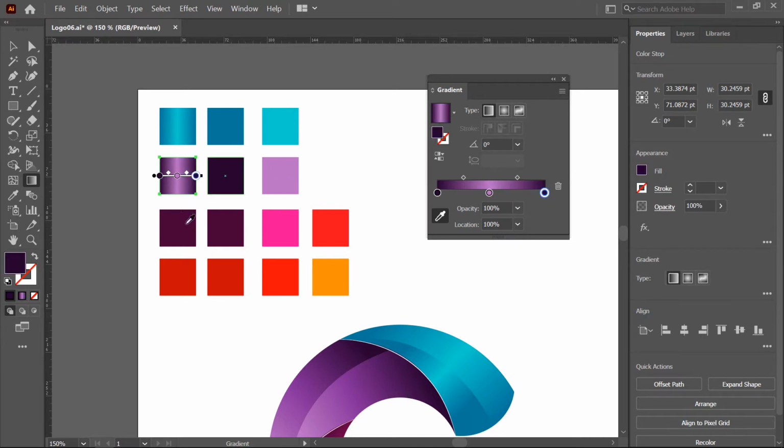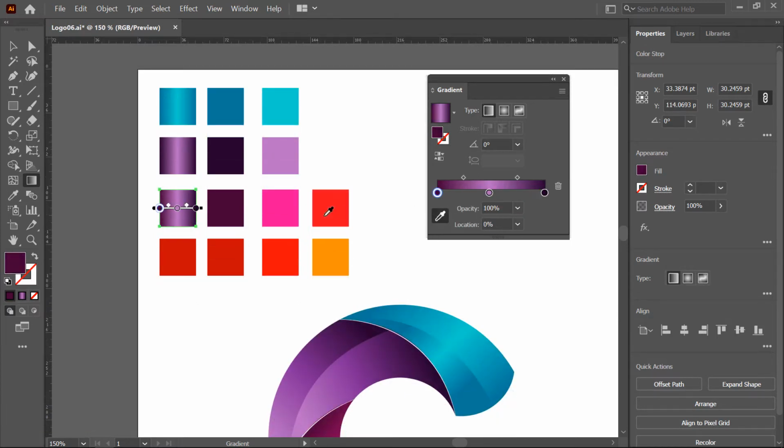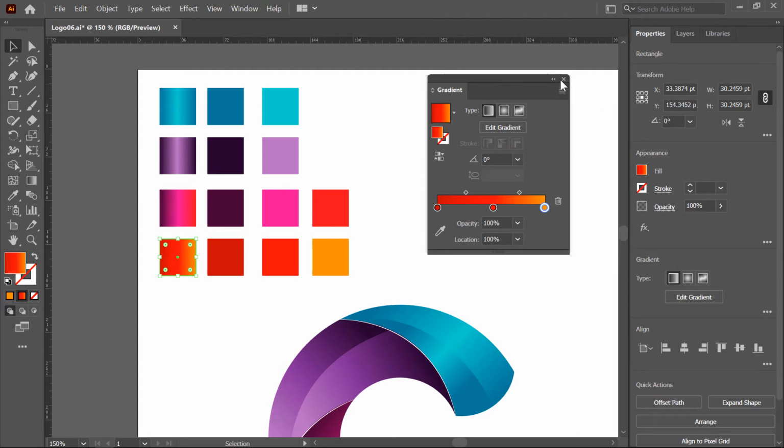Okay. And same as I select this and pick this color and this one and this third color. Okay. Press Ctrl key and then select this last one and apply this gradient by clicking on this. And this gradient also has 3 colors, so I choose all 3 colors one by one. Okay, so gradient creation is complete, and close this gradient panel.